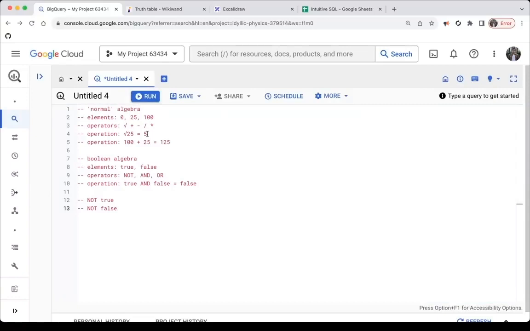Now, first of all, we see that logical negation is an operation on one logical value. What does this mean? It means that the not operator works on a single element, such as not true or not false. And this is similar